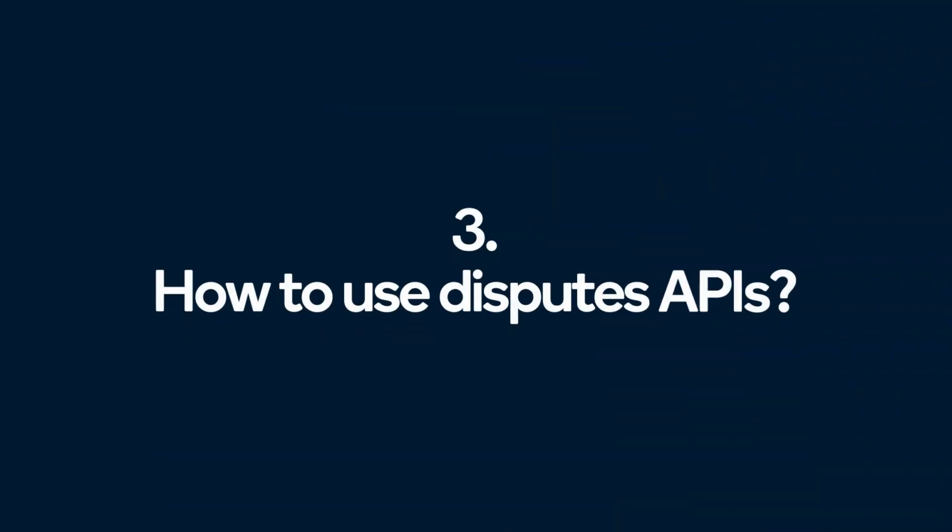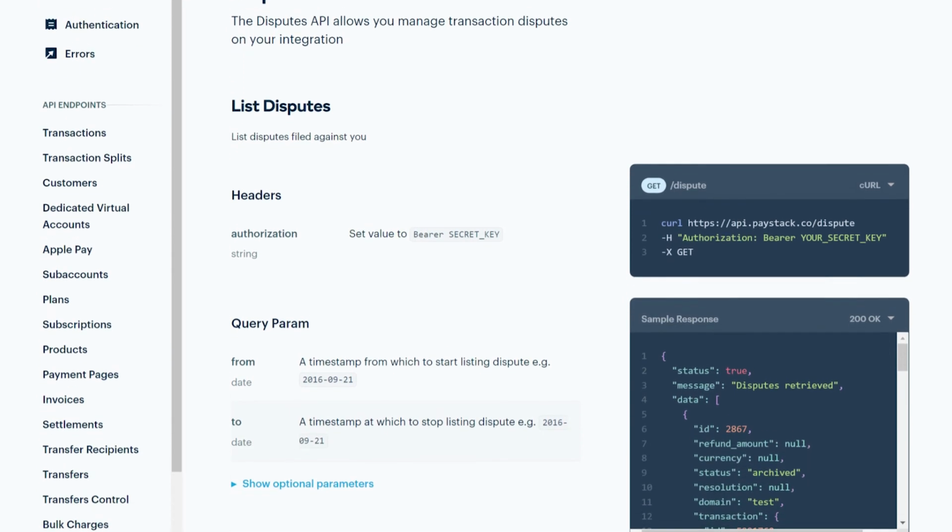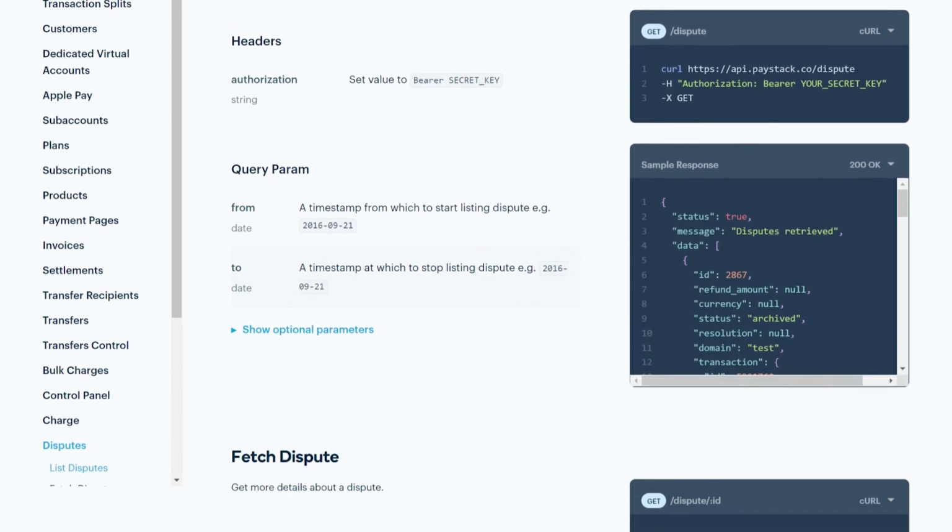Whew. Now that we're experts in managing disputes from our PAYSTACK dashboard and the mobile app, let's talk about how to use the Disputes API. The Disputes API is by far my favorite dispute resolution channel and the most efficient method of the three. It works by using our Disputes API endpoints to automatically retrieve and resolve all your disputes with zero manual intervention